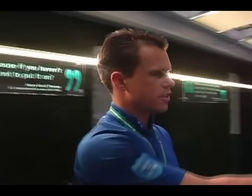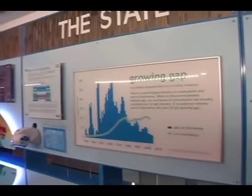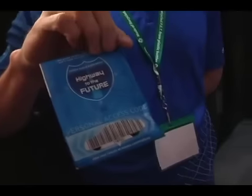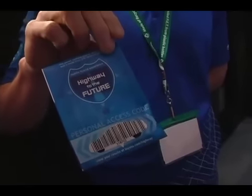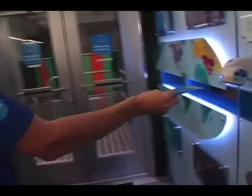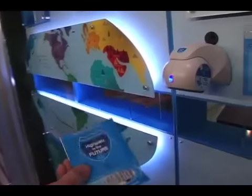So as you see, look on this back side of the wall here, this is what Toyota is showing. The whole exhibit itself is more of a mobile museum, we like to call it, and these seed packets are your experience or passport through the exhibit. Each one of these is a unique ID code, and as individuals are going through the exhibits, they will come over and scan their barcode there, and all the results can be found